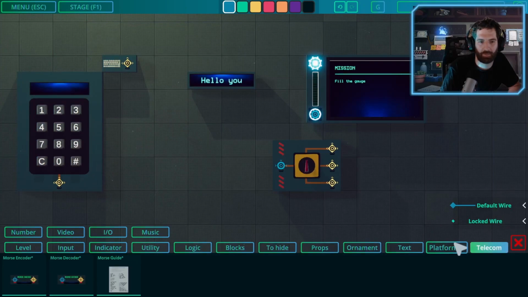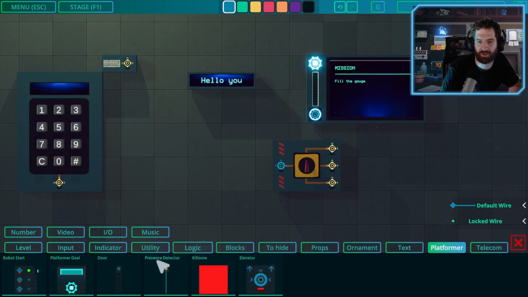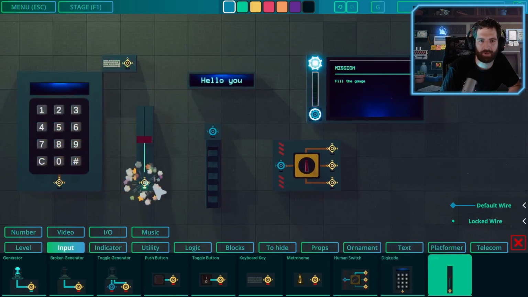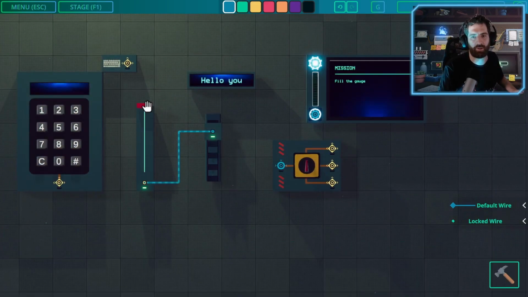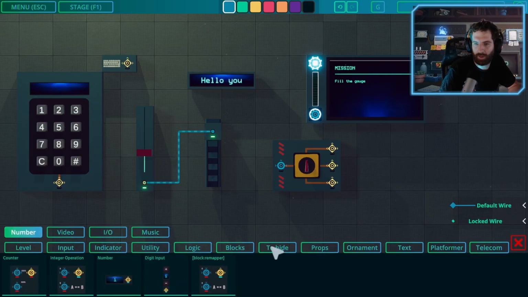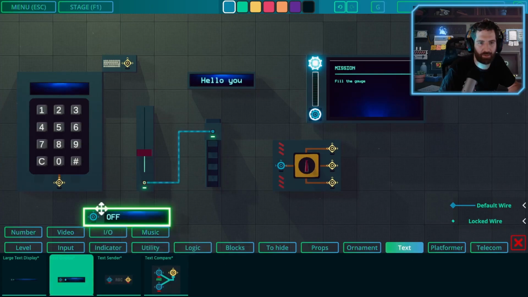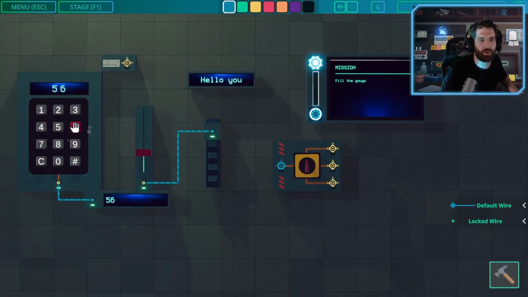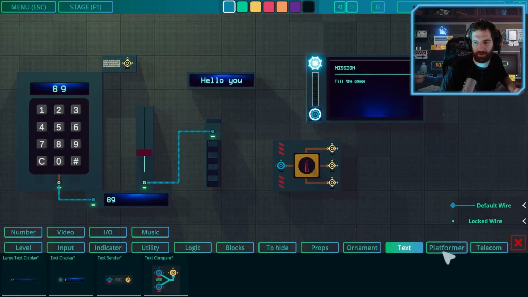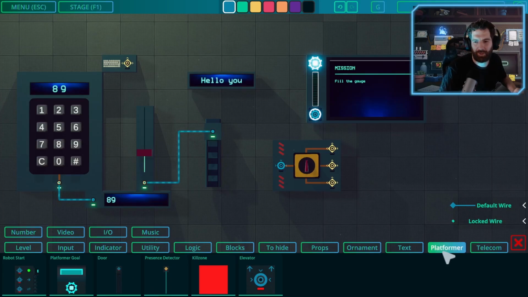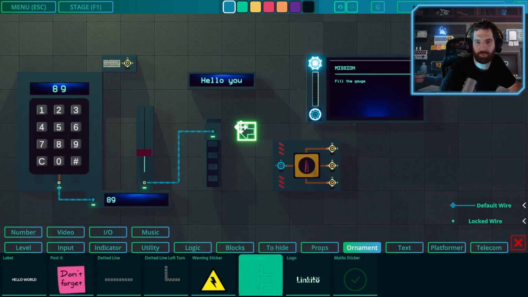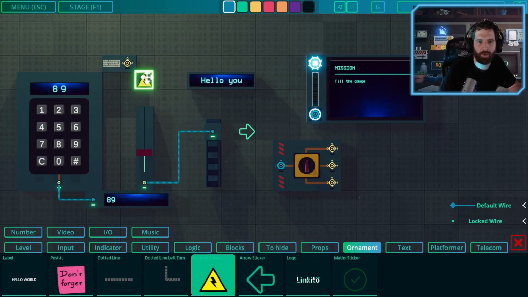And for example, you have all the things with the robot and the platformer, for example, with the door. And for example, I can connect a slider to a door. Everything is compatible. For example, the digicode can output a number. I can show you with a text component. So you can really create what you want with the editor, and there are already, I think, 200 levels created by players, and they're all amazing. You can put some decoration if you want.